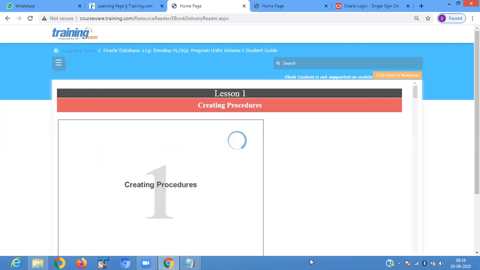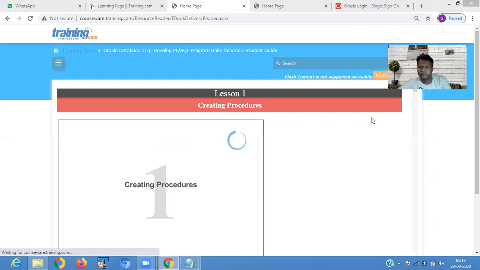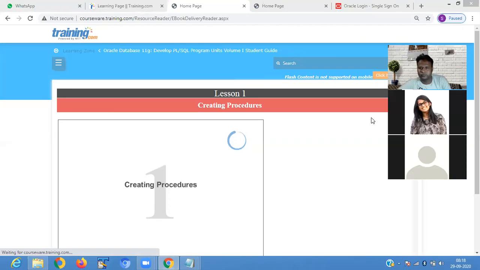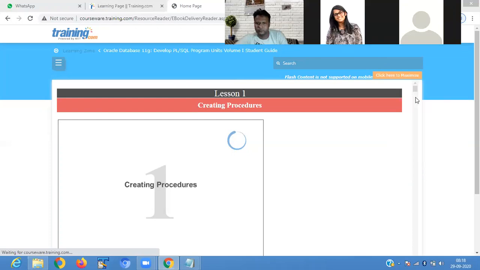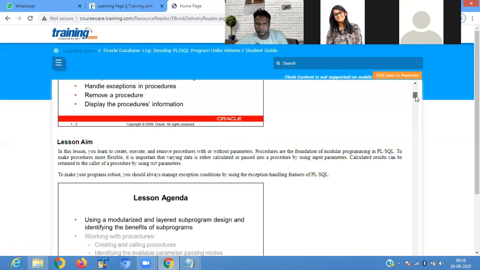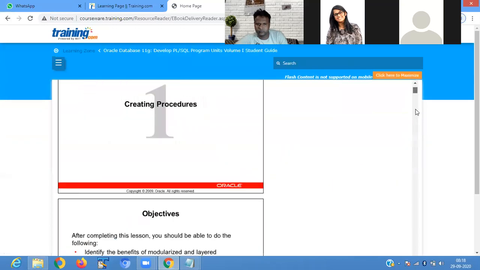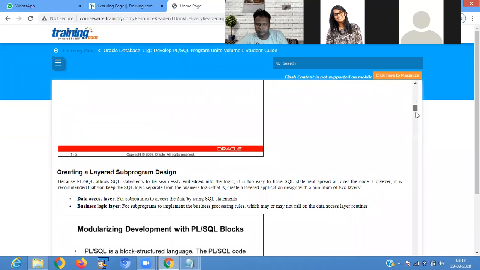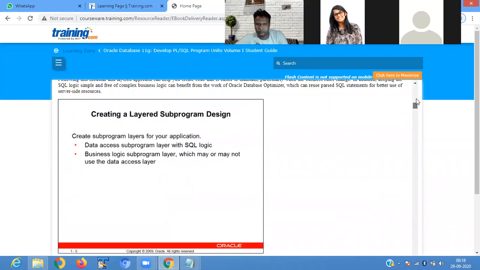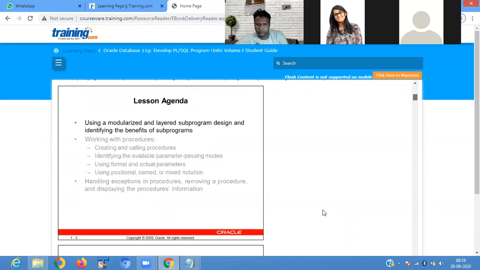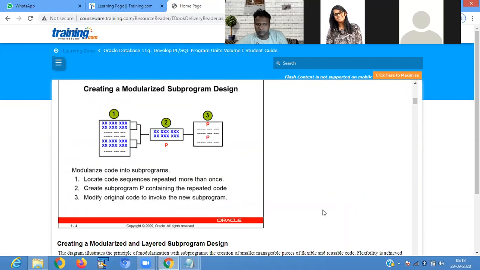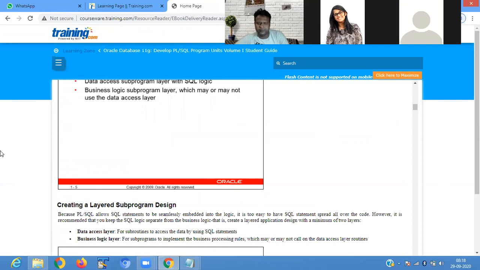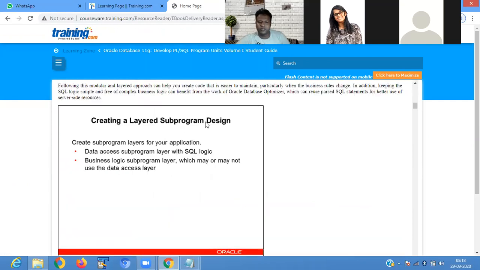Next is book 2. Creating a layered subprogram design.